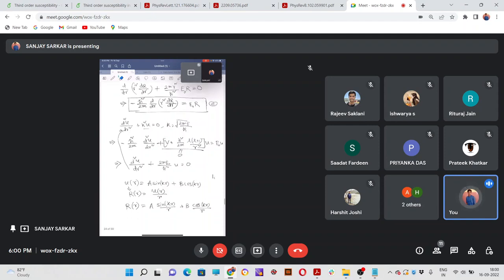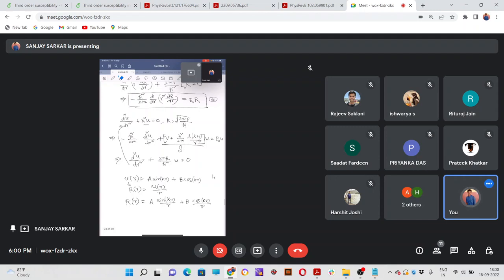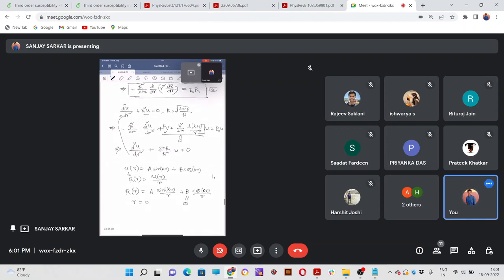Since the wave function should be finite at every point, b has to be 0, otherwise this will blow up, because sin kr is 0 at r equal to 0. If we put r equal to 0, then this is already 0, but the cos kr by r function will blow up. So from this condition we get b equal to 0,